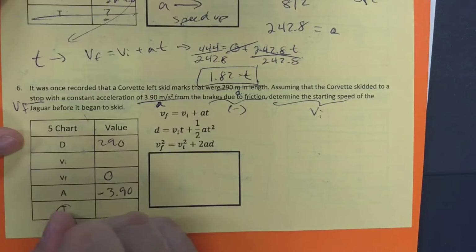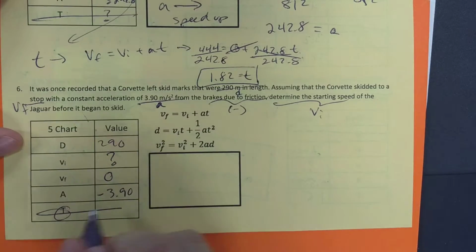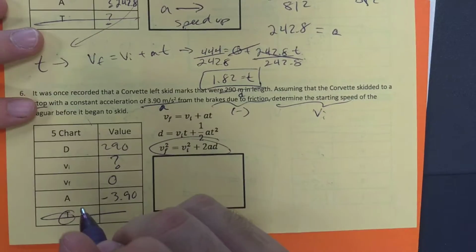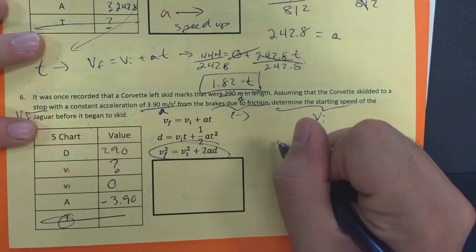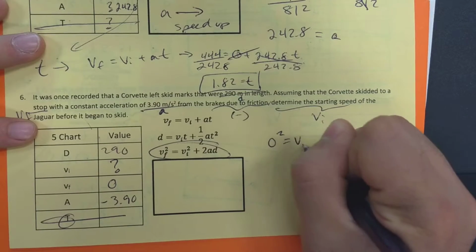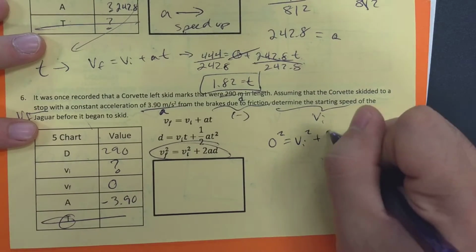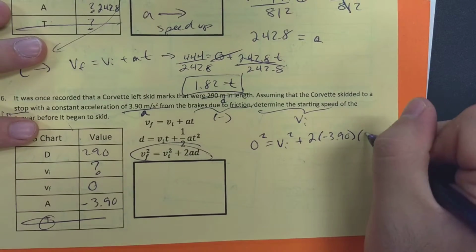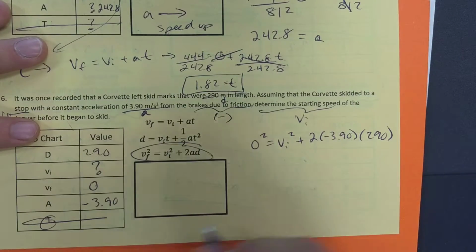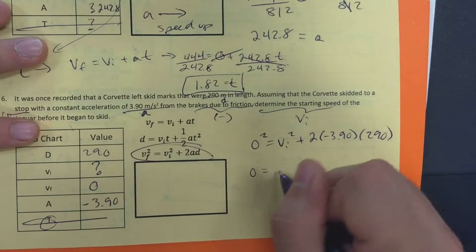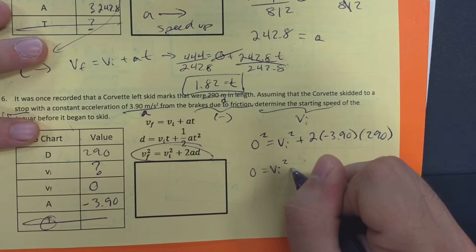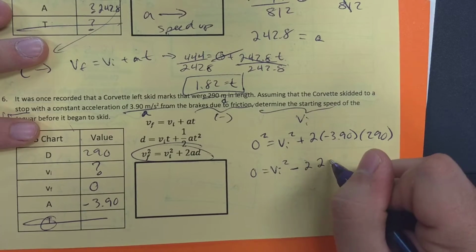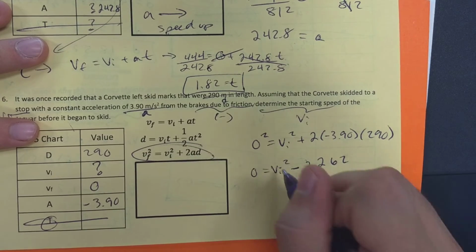We're looking for VI. We don't need time. So given this setup, we're going to pick the last equation. So VF squared is 0 squared equals VI squared plus 2 times our negative 3.90 acceleration times d of 290. Going from there, 0 squared is just 0, VI squared is what we're looking for, and this over here becomes negative 2262. Alright, we want to get VI by